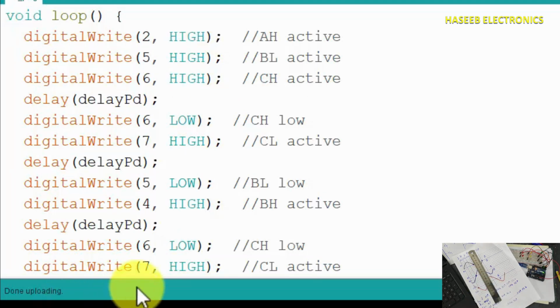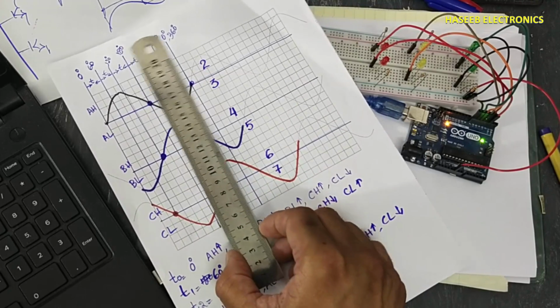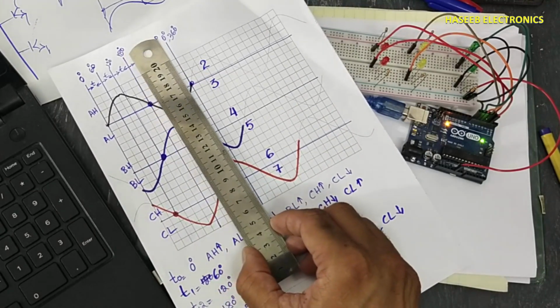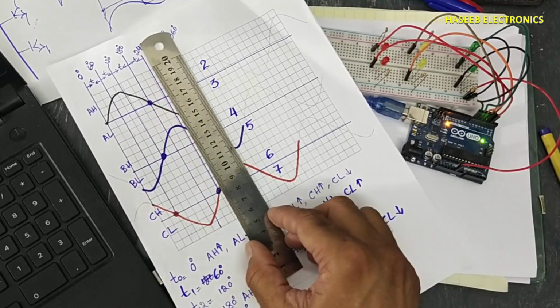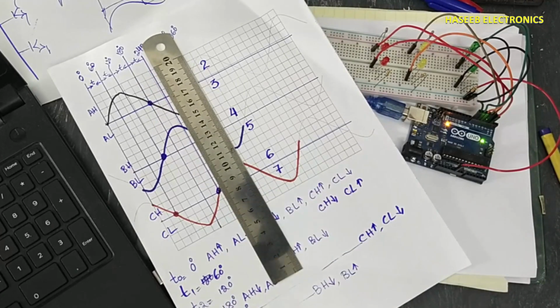At this point, digital IO pin number 2 will low, that is A high side drive, now it will become low. A low side drive, it will become active, that is pin number 3. After this condition, move to next position, that is this point.